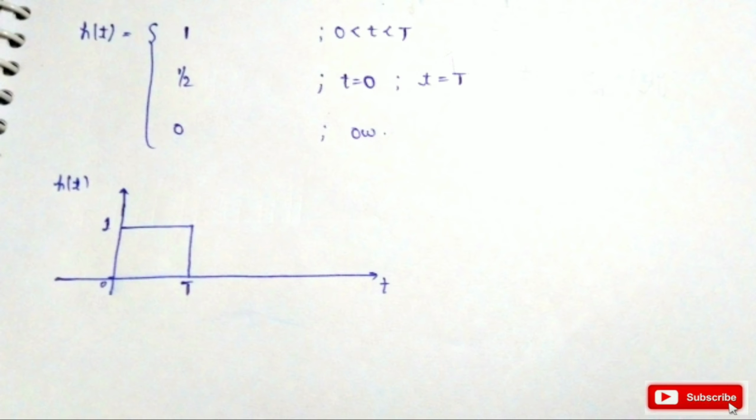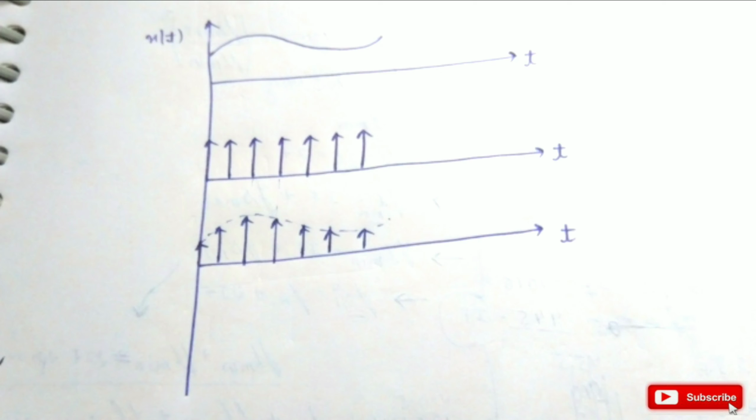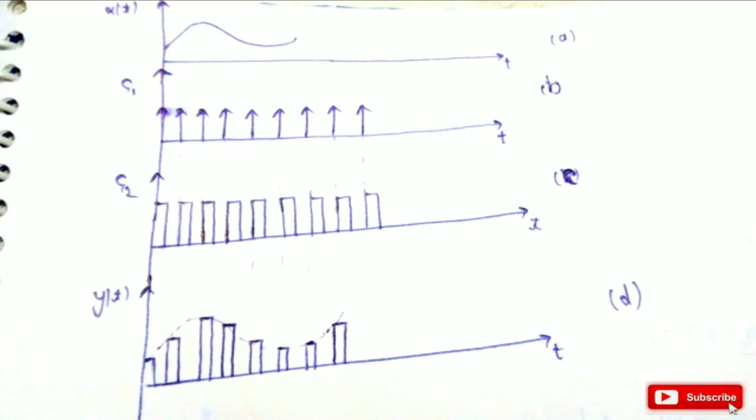And at all the remaining time instants, its value is 0. In instantaneous sampling, we multiply our x of t with the impulse train, so we have a simple message signal where impulses are present, as shown in the third figure. In flat top sampling, this sampled signal is stretched by some amount. The resultant wave is shown in figure D as y of t.